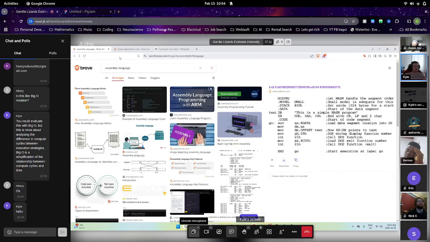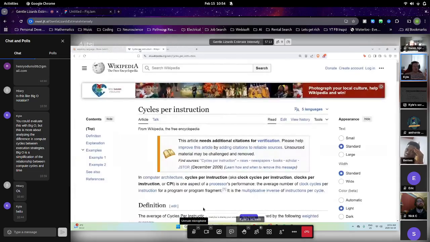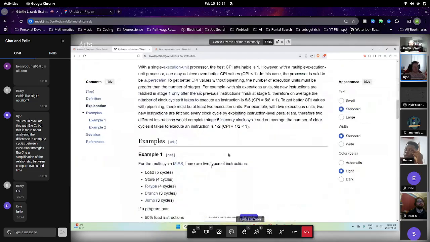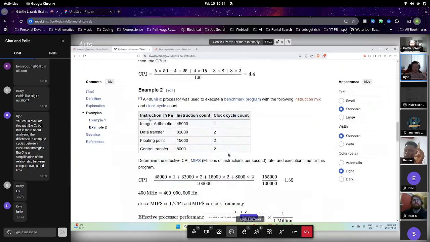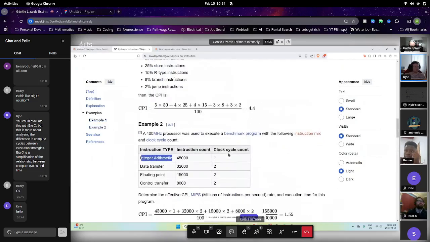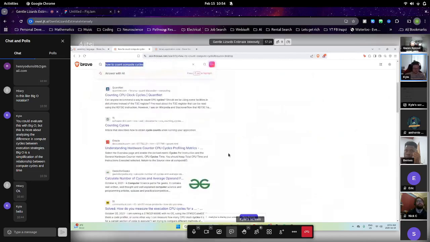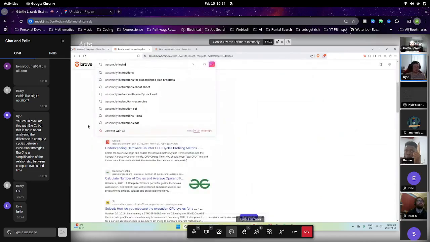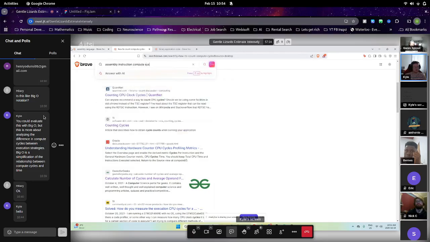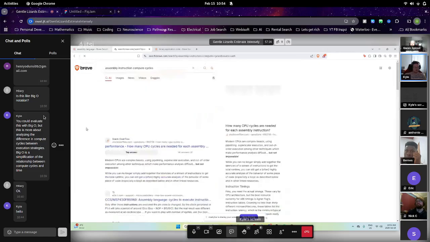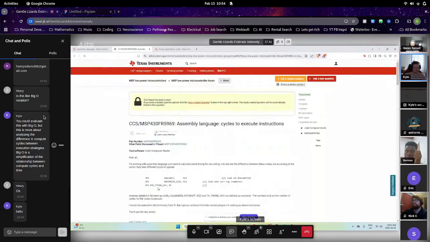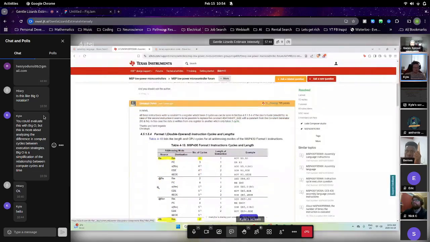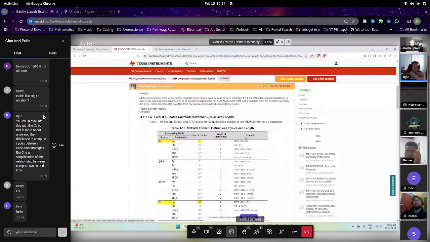To get back to the point I'm trying to make, each of these instructions takes a number of compute cycles. Let me find an example of assembly instruction compute cycles. Okay, here we go.